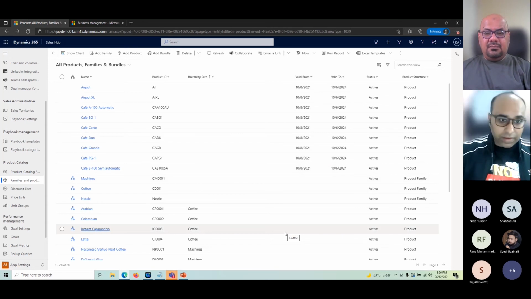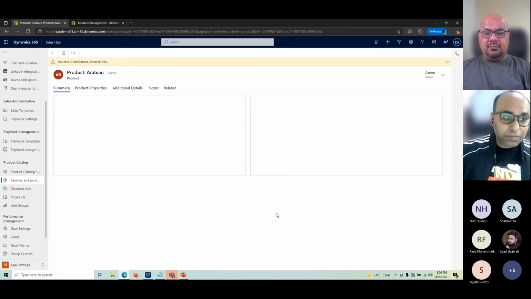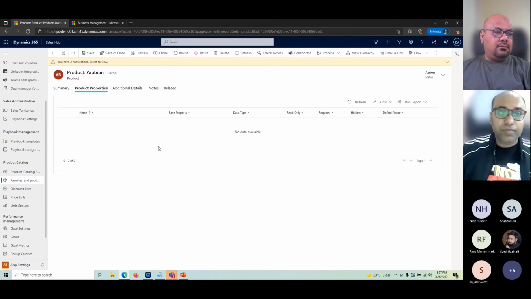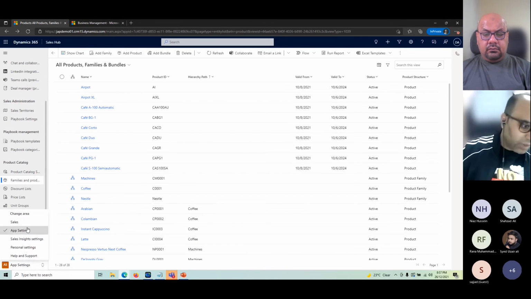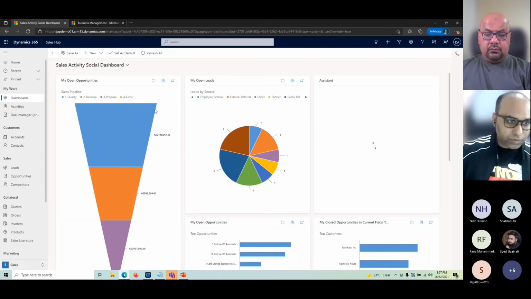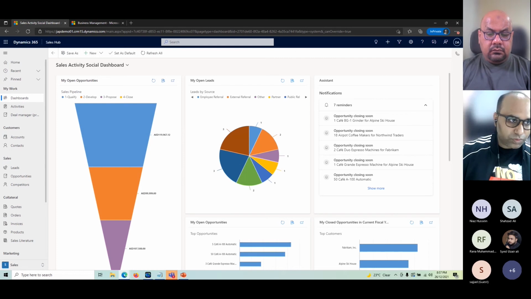One thing again, these properties and all are available only for information purposes. This is something you can select on the sales, but right now I think there are no out of the box flows available based on that, but you can do it using Power Automate as far as I know. If you want, I can just quickly show you